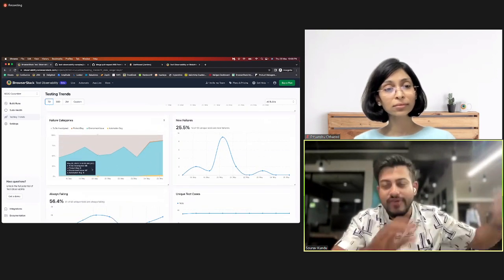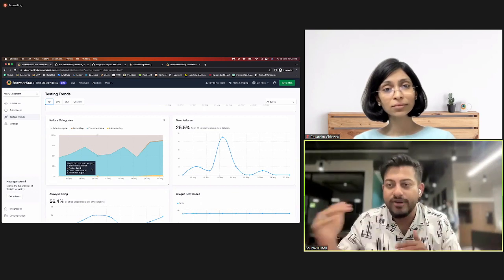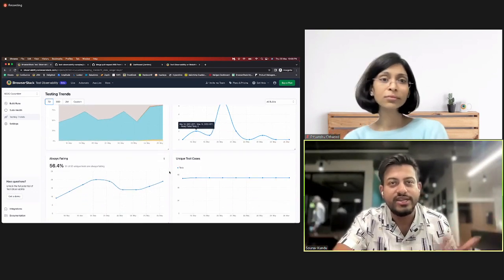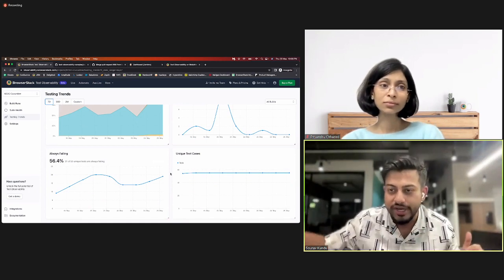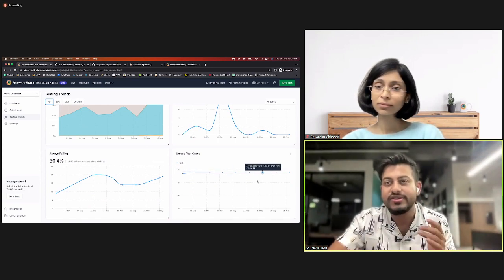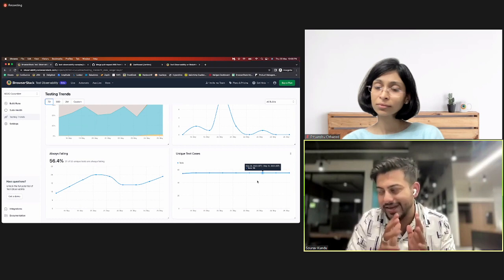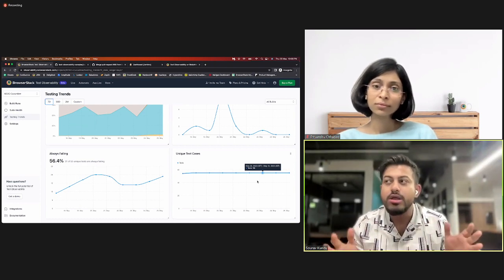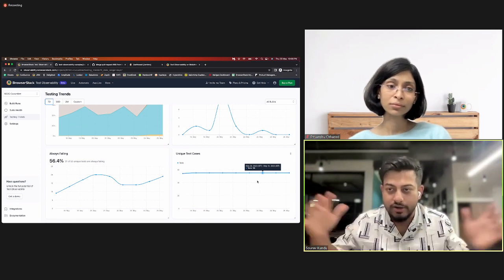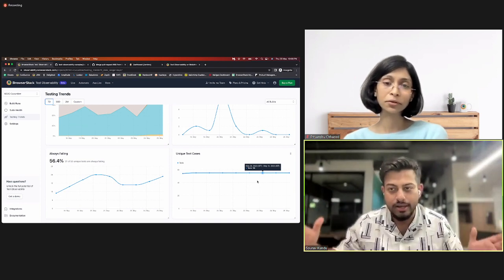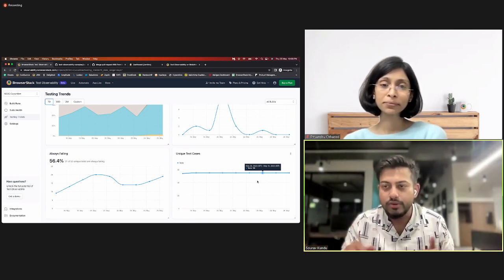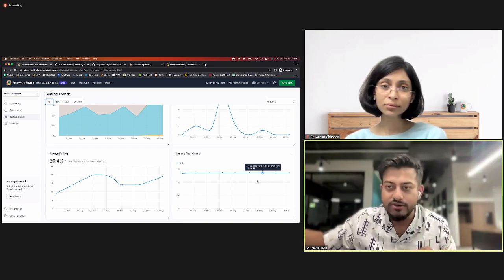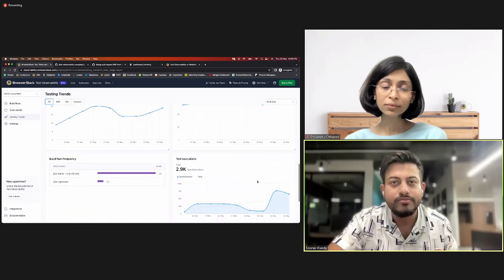We also show you the failure categories, how they have been trending over a period of time, new failures over a period of time, always failing test cases, and the growth in the number of unique test cases. This is a very interesting metric, right? QA teams are expected to write new scenarios every time, so that you are improving the robustness of the testing as a whole. This will tell you whether you are really adding newer scenarios as time progresses.